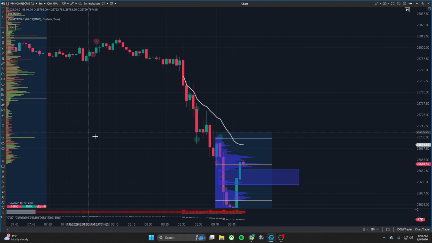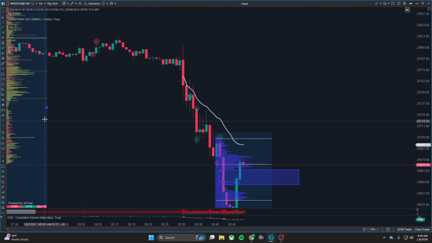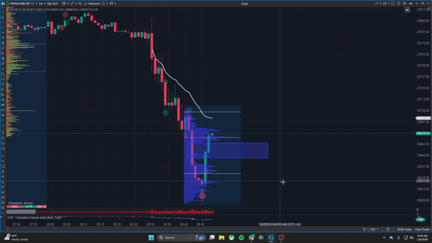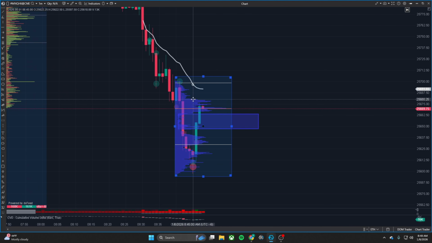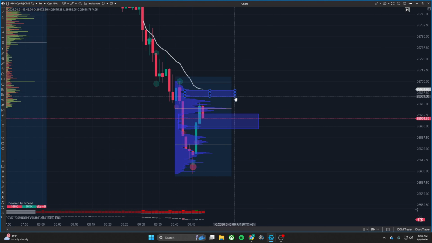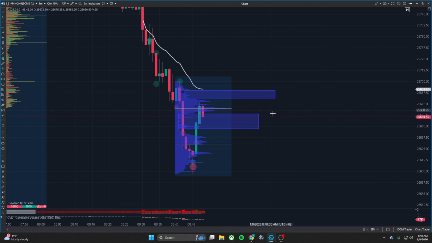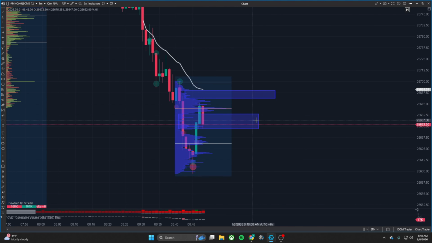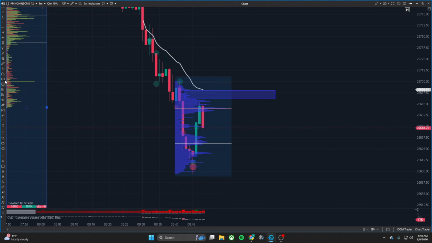It's just the current day, like obviously delta volume, like who won. So this is another low volume node up here that we could use. I don't know why it's blue. I gotta change that. But this is also a low volume node here I'm willing to use, but we can't enter without